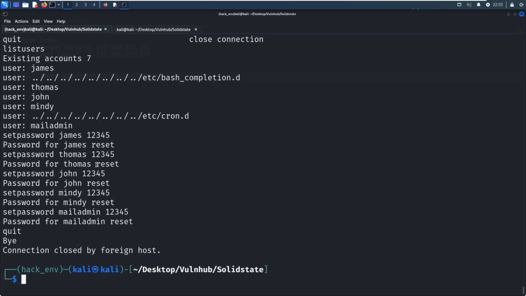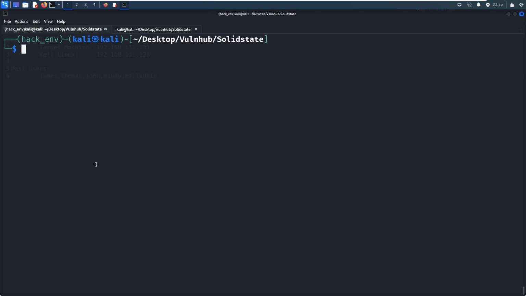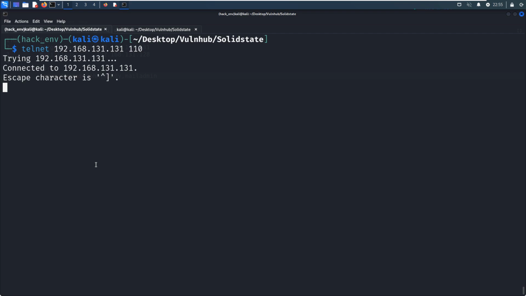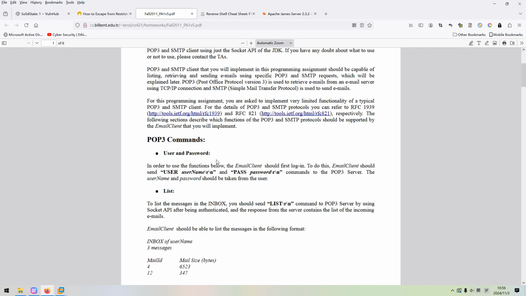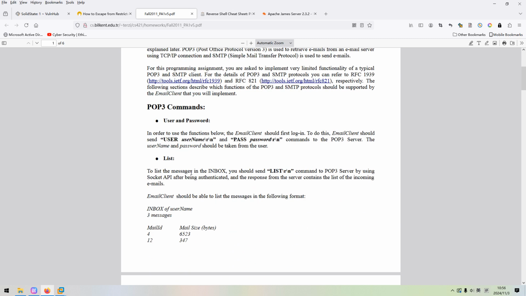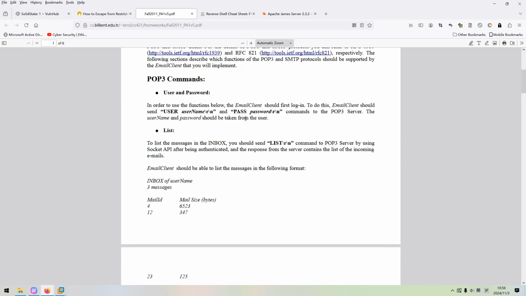Next, we can log in to the POP3 server of the James server to see whether we can receive some emails. So we can use telnet to connect. Of course, nowadays we normally do not need to use the POP3 commands manually, but here you can use some very simple commands like list. We can use user and pass to provide the username and password.